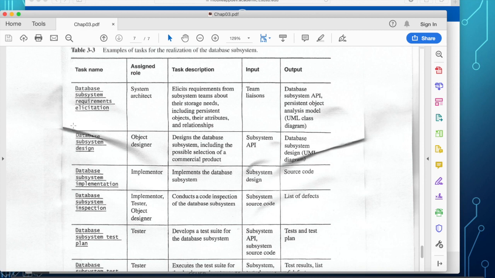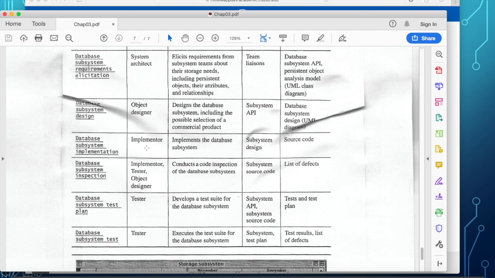So the system architect and the object designer work in close cooperation. Then the database system implementer, the developer, implements the system, takes the subsystem design, and produces source code. The database subsystem inspector, who is also an implementer, a tester, or an object designer, conducts a code inspection, and the input is the source code and produces a list of defects.